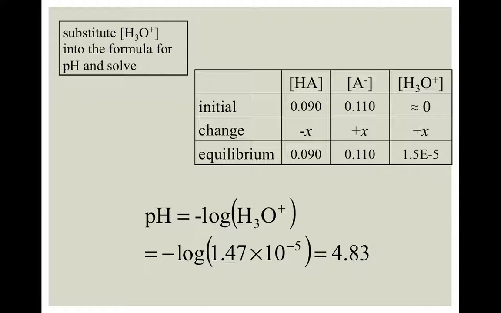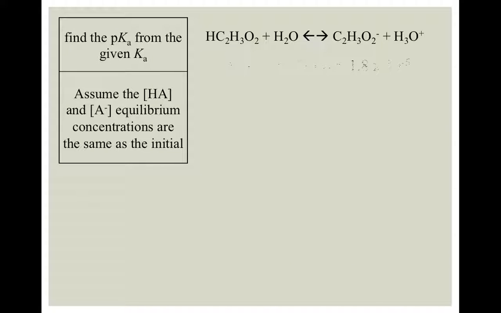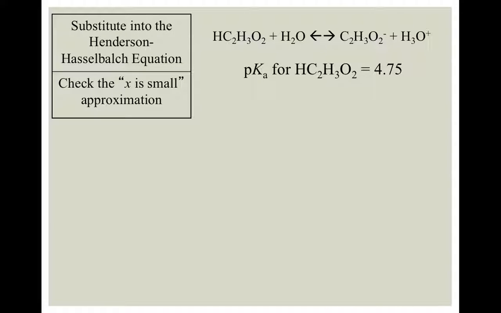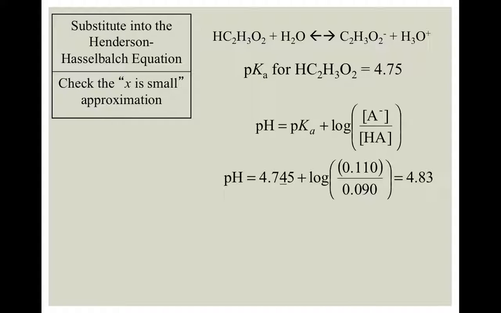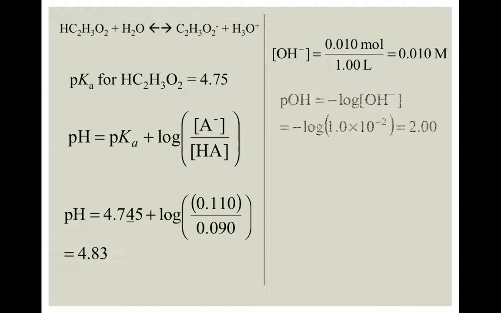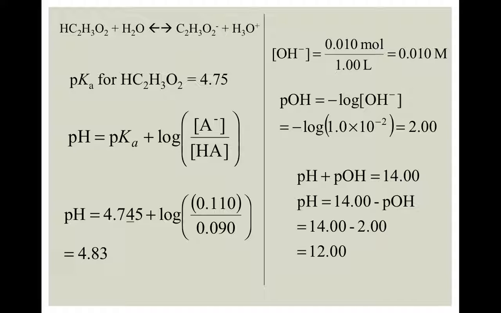So if you recall your first pH, it's only changing by 1/10 or so. Then what you can do is solve for the pKa. This is just showing you the Henderson-Hasselbalch method. Same idea. You can choose either one. You have a lot of different paths once you figure out the H3O plus concentration. So this is just showing you in a comparison, if you did the OH negative concentration, if you have 4.75 pKa for the acetic acid, and then you have a pH of 4.83, what it would look like